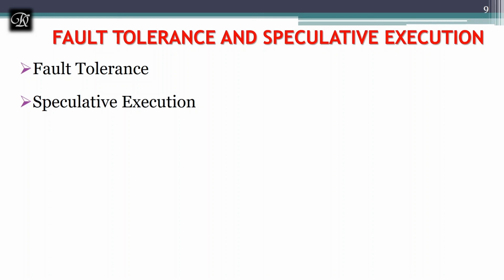Whichever finishes faster will be considered, and whichever is still doing the task will be terminated. This process is called speculative execution. This is how the MapReduce framework handles fault tolerance and speculative execution.